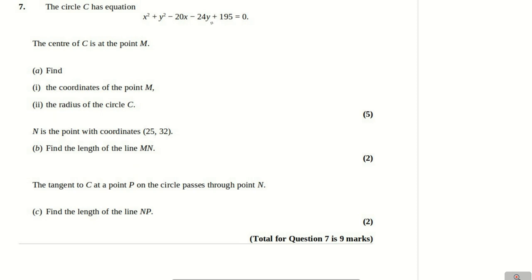Right, so we've got to convert this to a form where we can easily find the coordinates and the radius of the circle. If I get the x's together and get the y's together, plus 195 equals 0. Now if I complete the square on these, so x squared minus 20x,